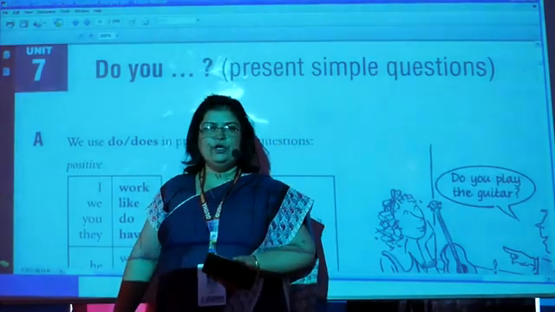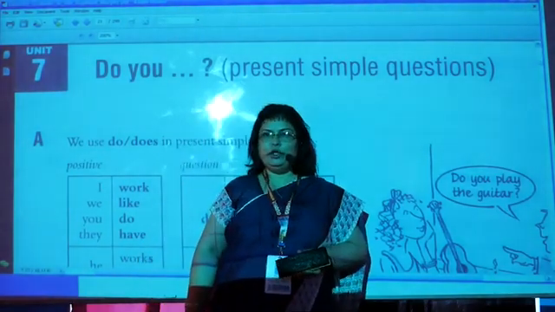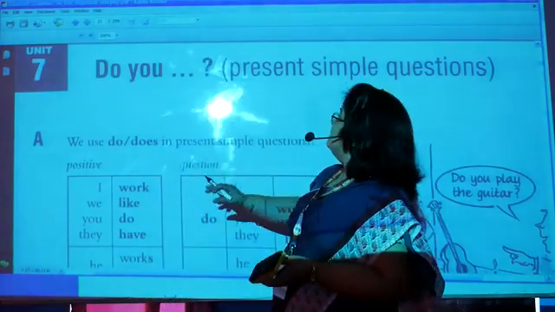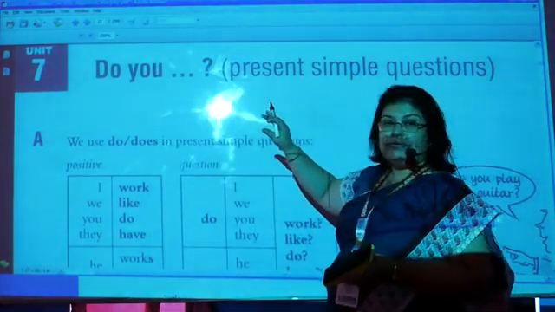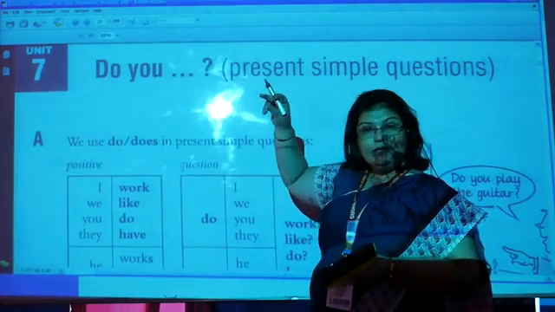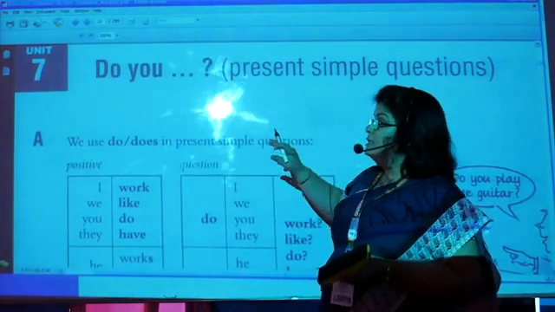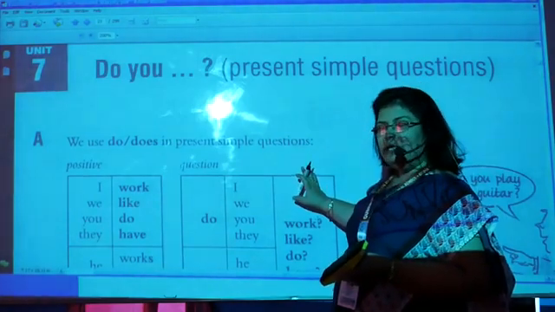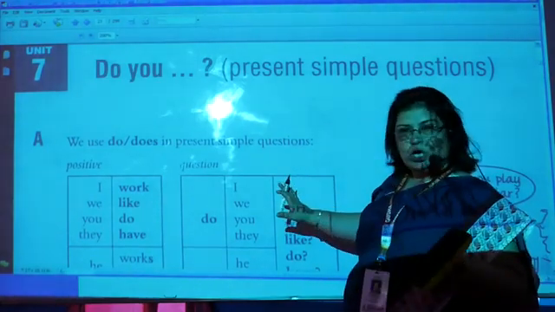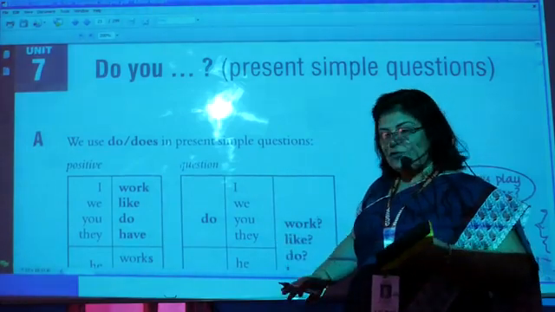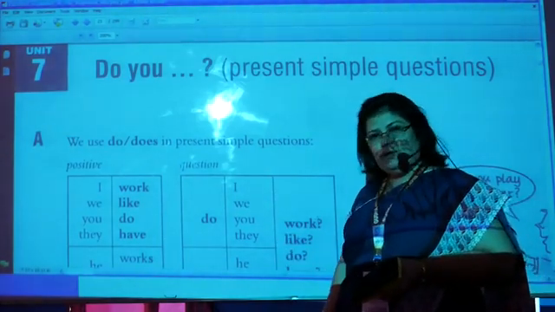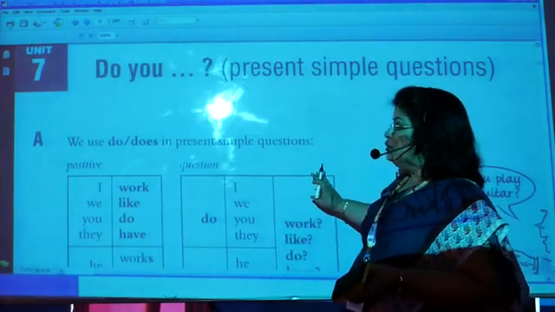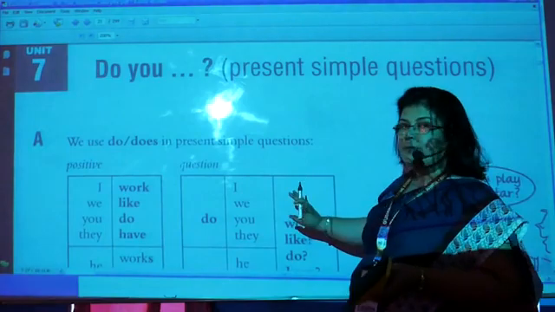In the previous video I explained unit 6th, right? Simple present tense with some questions, right? With the negative ones we did in 6th unit, and in 7th unit we are doing the questions, and I explained the questions in the previous video in short, and I expected answers from you, and many of you have given the right answers. But still, let us see how the questions are framed with simple present tense.